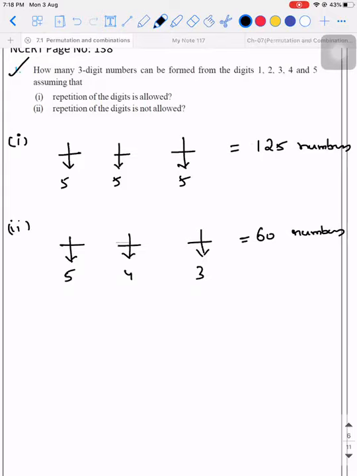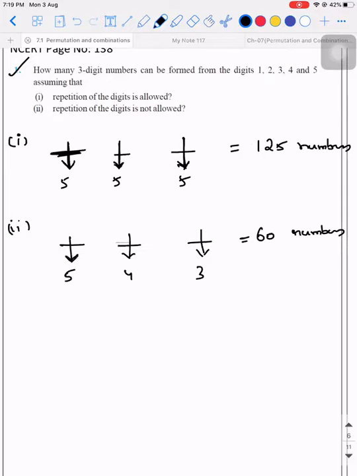I hope you guys can write the theory. That is why I'm not explaining it here. Sir, if they're asking about repetitions and all, you should give only the maximum value, sir. It's not like maximum or minimum. Try to understand. In this blank space, I can use all the 5 digits that I have in my hand. In this also, I can use all the 5. In this also, I can use all the 5 because I'm allowed to repeat the digits.